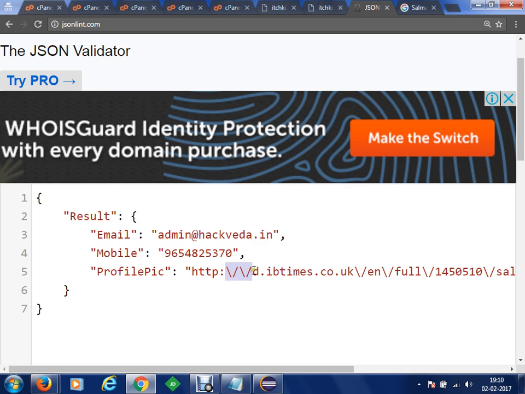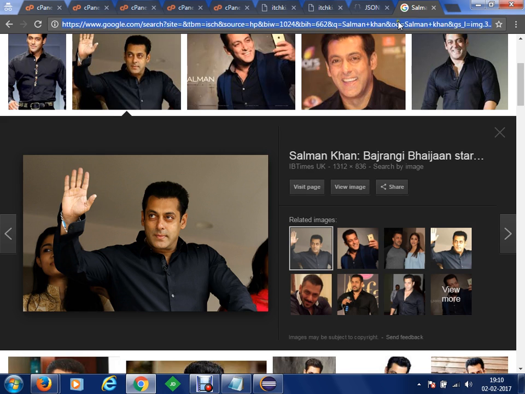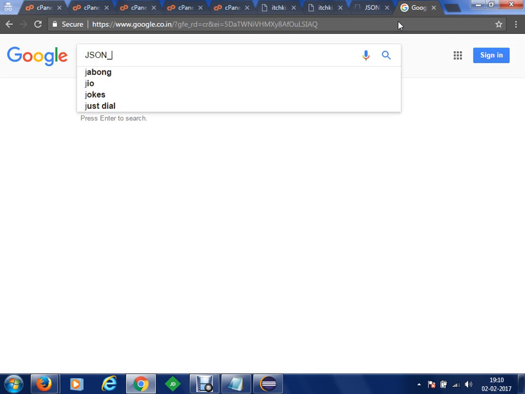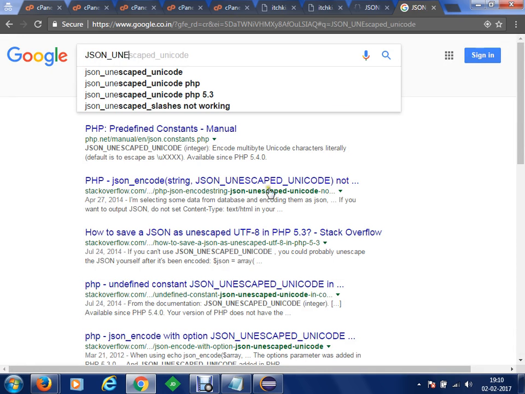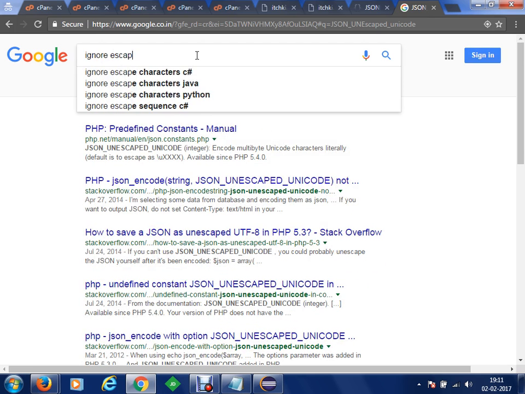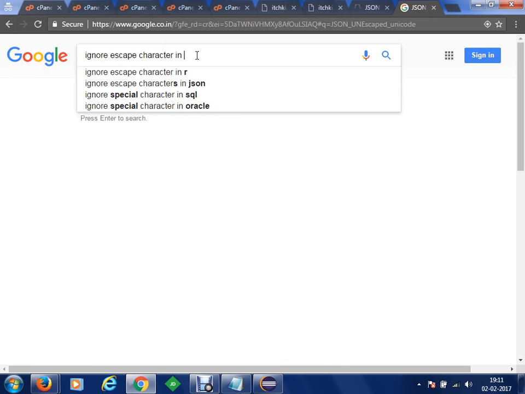You can see that in the URLs, escape sequences are appearing here. In order to overcome this issue, we can use a flag known as JSON unescaped. We'd like to get the name of that flag, so that we can ignore escape characters in JSON.